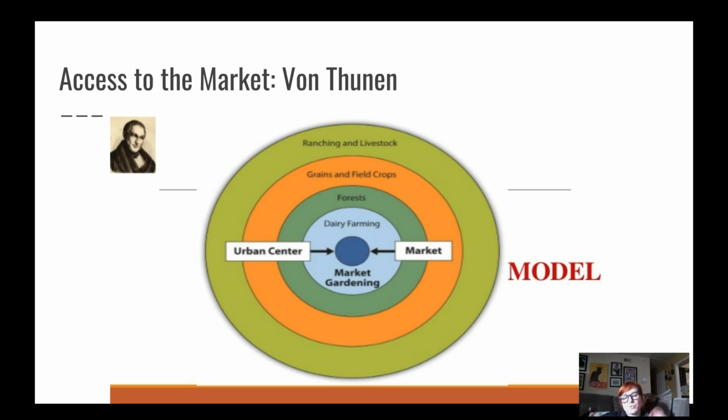I would say, just a warning, there are a lot of models you have to memorize this semester. The second semester is the model semester. So this is the first one we're going to look at. An important thing to remember when you're talking about models is you have to remember what they're in relation to, okay? Von Thunen is an agricultural model that looks at transportation costs, okay? I would write down that very sentence. Von Thunen is an agricultural land use model that looks at transportation costs, okay?